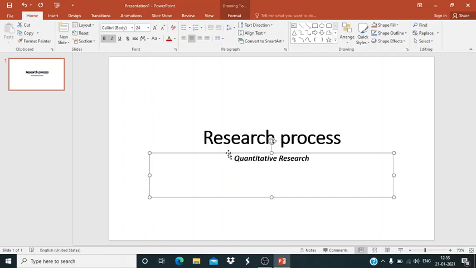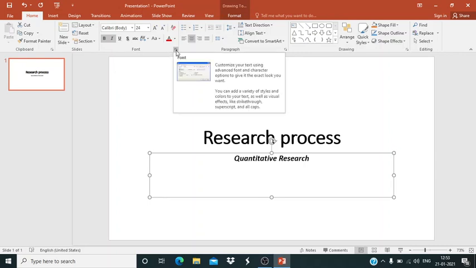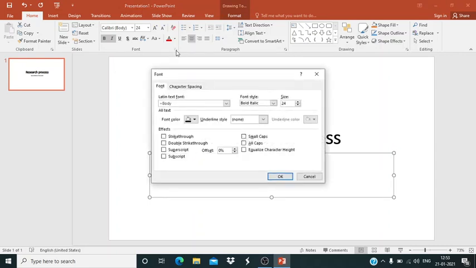So you have certain buttons here. In this group you find different font sizes, which you must be familiar with from using Microsoft Word. You can increase or decrease the size by selecting this button. So you have so many icons here, if you want to underline. Now you find here there is something else. This button is called a launch button.